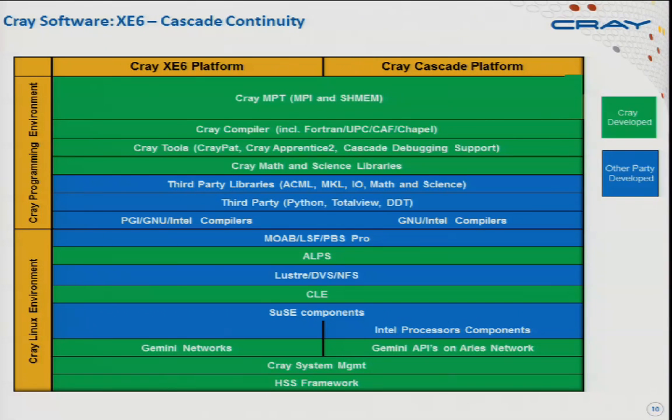Now we're going to talk a little bit about software, and you've seen various pictures of this before, not exactly the same. The point of all of this is that on the left-hand side is the XE platform, and on the right-hand side is the Cascade platform. You see that most of the boxes span both sides. And that's just to say, for most things,